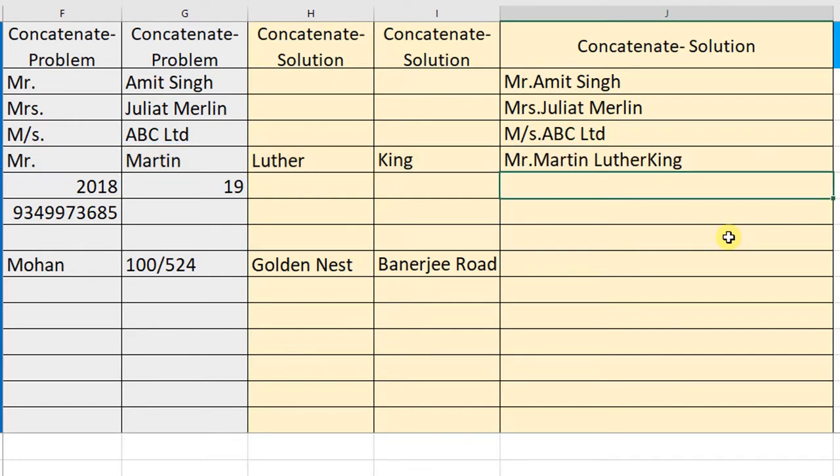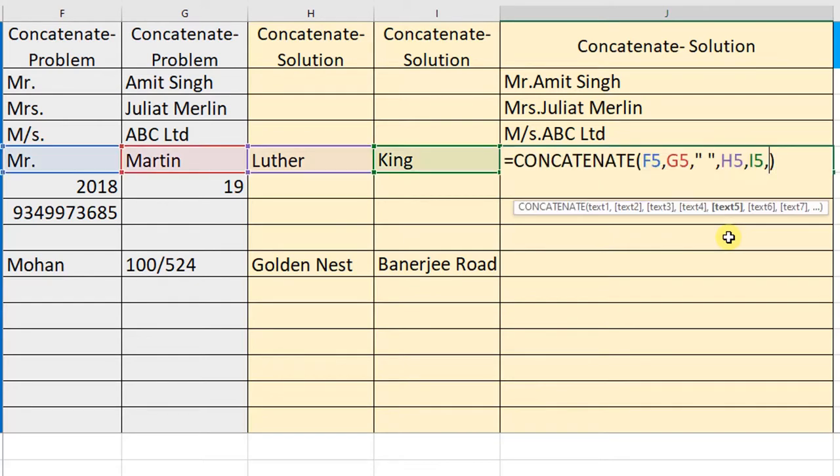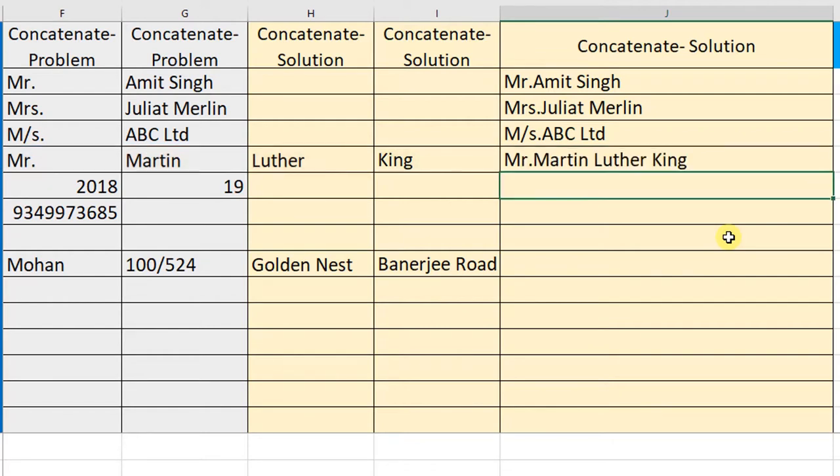See, now Martin space Luther. Again for King, double quote, one space, close the quote, comma, enter. Now Martin Luther King. Whatever the name, it is taken from here. See, Martin and King are joined together.